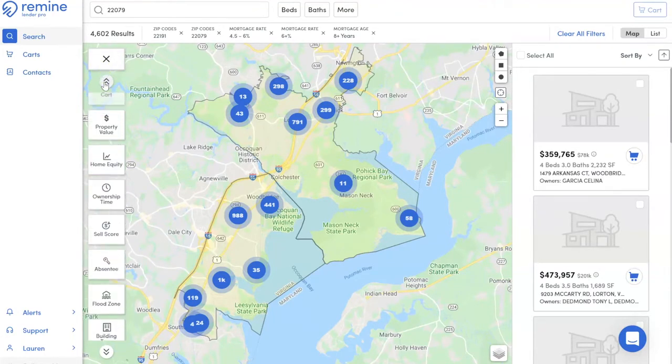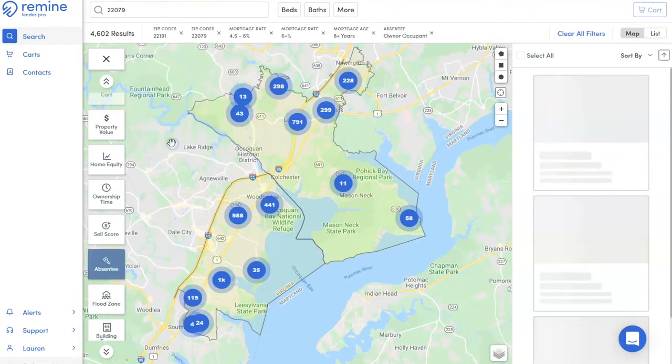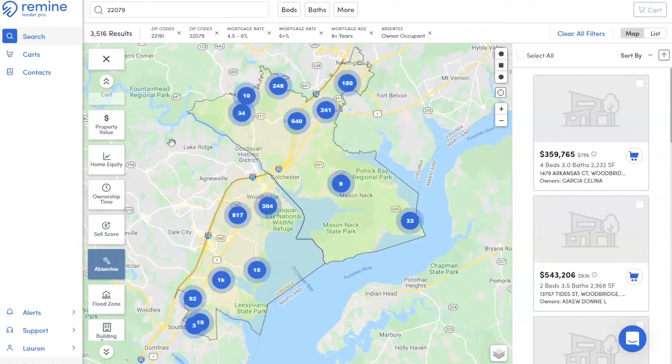And then last but definitely not least, we can click on ownership status. And we can say, all right, we want them to be owner-occupant, because if I'm going to send a mailer to these people, I want to know that I'm reaching the owner of the home. I'm not wasting my marketing dollars on renters who are just going to throw that flyer out. So I'm going to click on owner-occupant, apply, and that bumps me down to